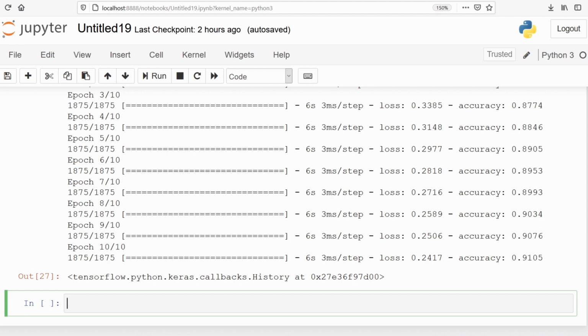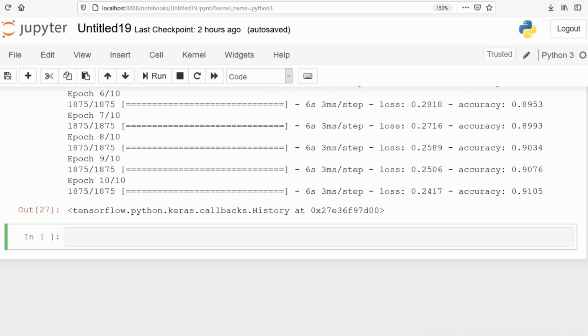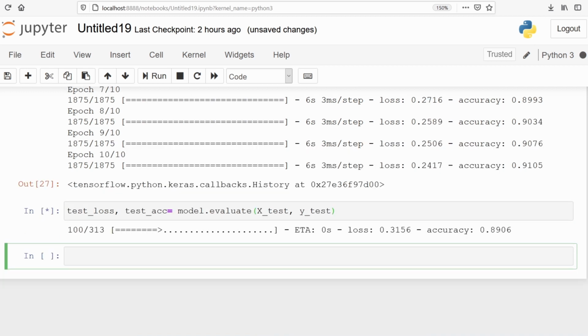Now let's evaluate the accuracy of the model. We will make two variables, test loss and test accuracy, and store our loss and accuracy in them. We will use the evaluate function. We will pass x test, y test, print test loss.